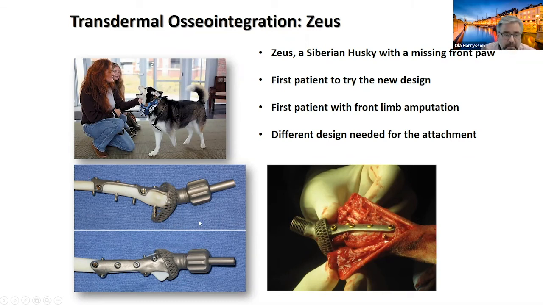We've been through a number of design iterations, and this is the most recent design that we have. The implant itself gets designed to fit that particular patient. Then we have this mesh, or the basket as we call it, towards the bottom. And the idea here, if we're looking at during surgery, is that the soft tissue goes on the inside of the basket, the skin gets stretched on the outside,